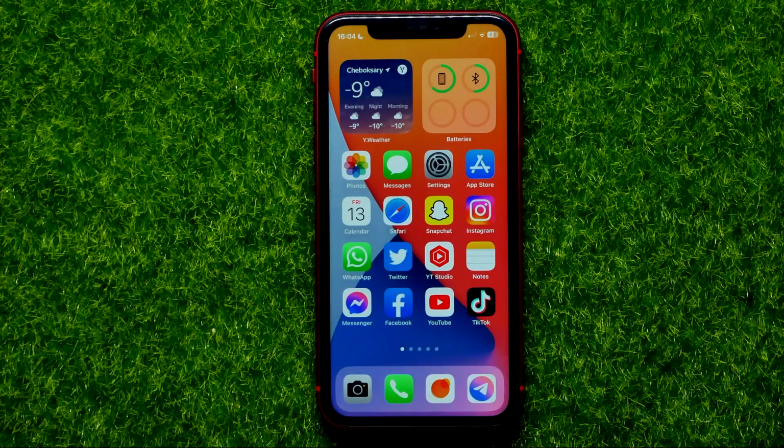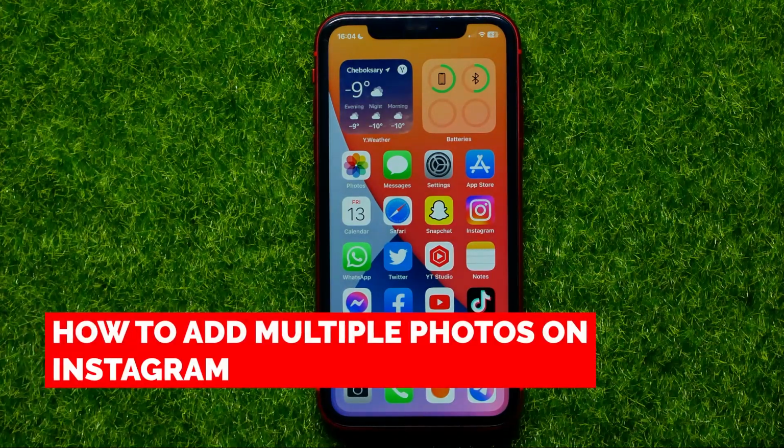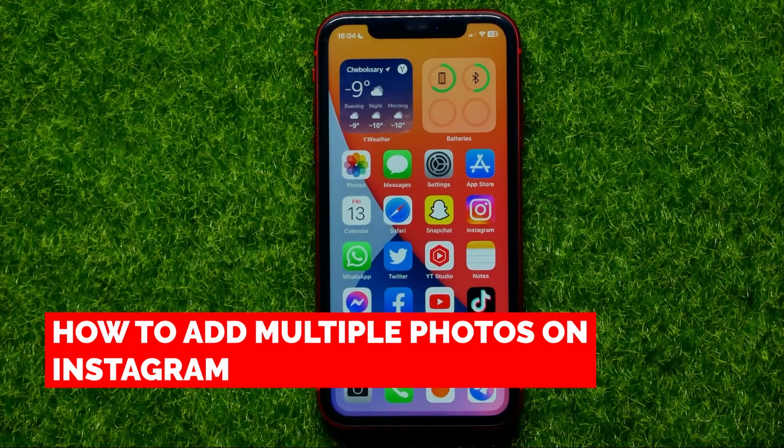Hello guys, welcome back. In this video I'm going to show you how you can easily add multiple photos on